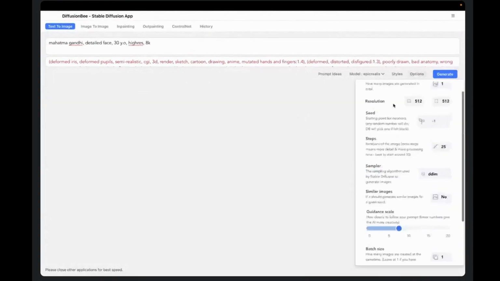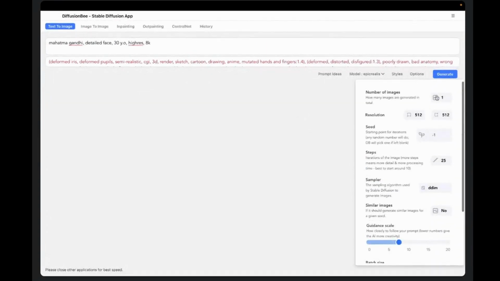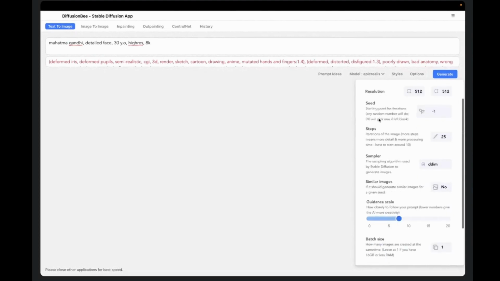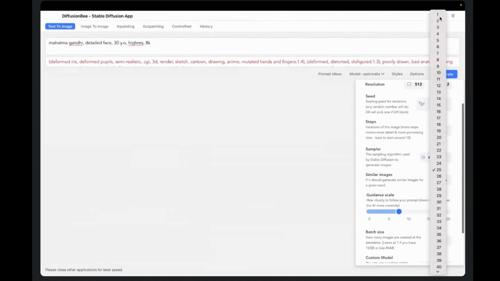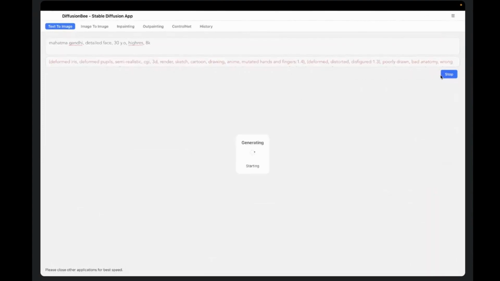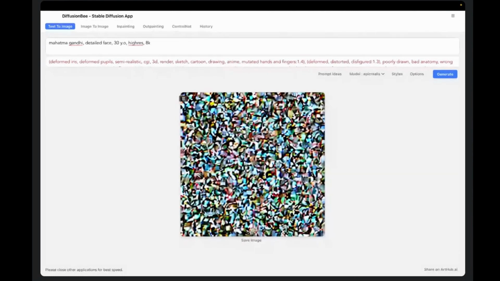Now let's come and talk about options. How many images do I want to generate? One. Now there is one thing called seed. We'll talk about this later. There is one more thing called steps. Steps means how many times you want to iterate this particular image. For example, if I do just one step and generate this, you can see this image is not at all visible